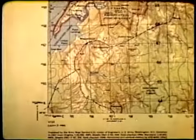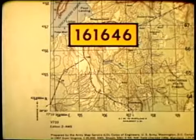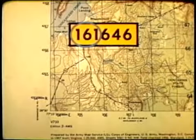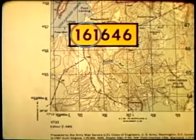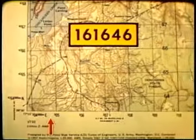Remember that coordinates identify a location on the military map and are written to be read right, up. The first half of the digits read to the right. The second half read up. Using these coordinates as an example, you begin at the lower left-hand corner of the map and read to the right,